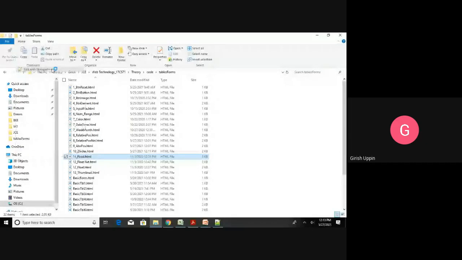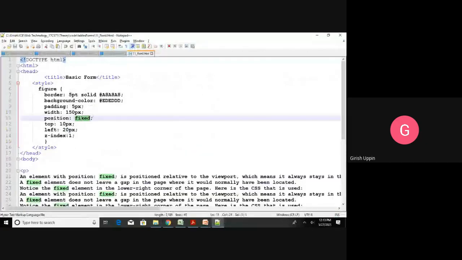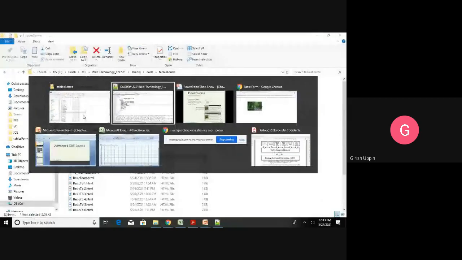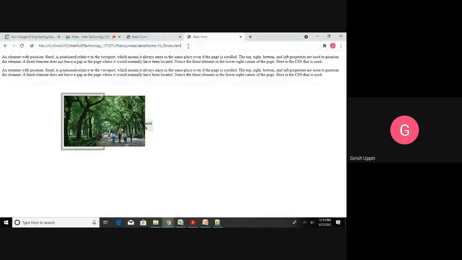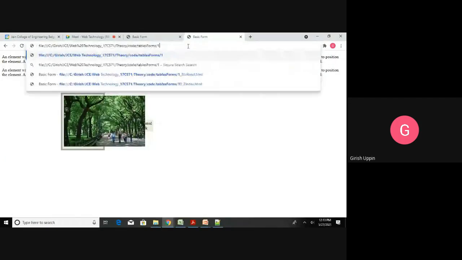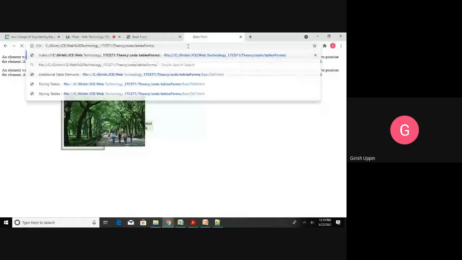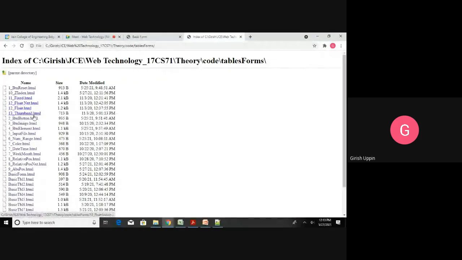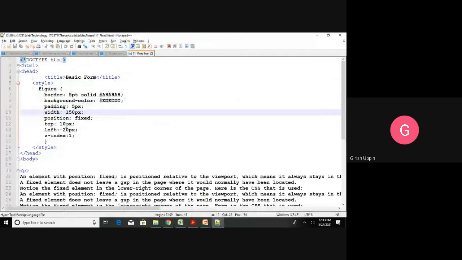Now this position is fixed. I am saying it for the figure. Now I will load that page. Okay, so in our case I am saying 10 pixel, 20 pixel.